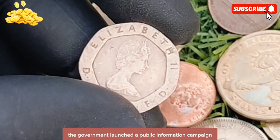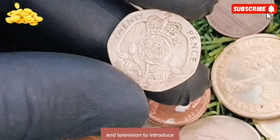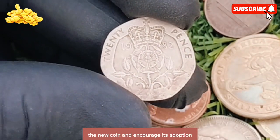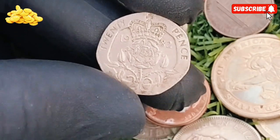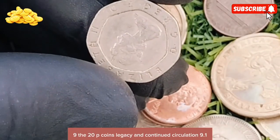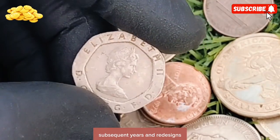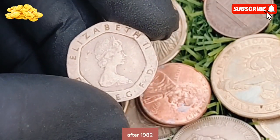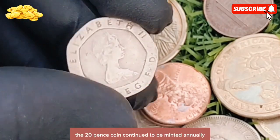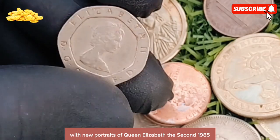The government launched a public information campaign through posters, newspapers, and television to introduce the new coin and encourage its adoption. 9. The 20p coin's legacy and continued circulation. 9.1 Subsequent years and redesigns. After 1982, the 20 pence coin continued to be minted annually, with some exceptions, with new portraits of Queen Elizabeth II,